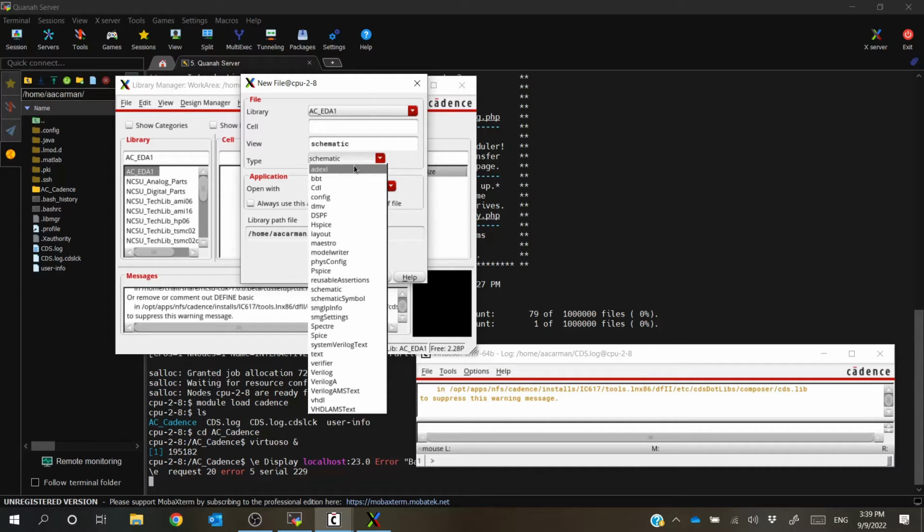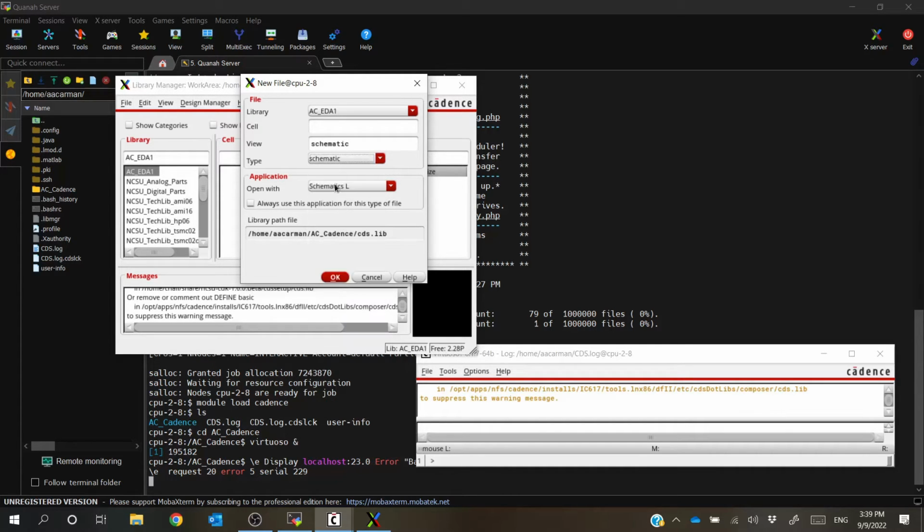Okay, well, we're not concerned about the symbol right now. We're just concerned with schematic. Now, leave it open with schematics L. Now we just need to come up with a cell name for it. So I'm just going to call it AC_EDA1 schematic. So this isn't super descriptive, but because I know that this project is only going to have one